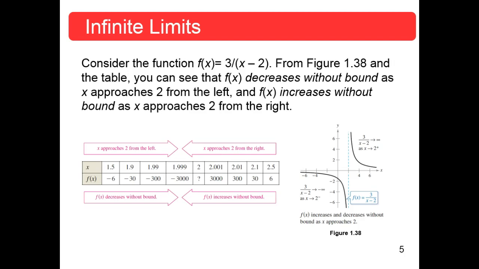Could the denominator ever be 0? X minus 2? Yes, it could. X equal to 2 is going to be 0. So from the figure over here, we see that f decreases without bound as x approaches 2 from the left-hand